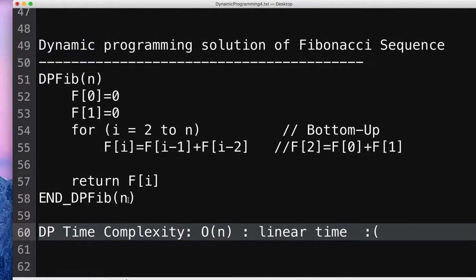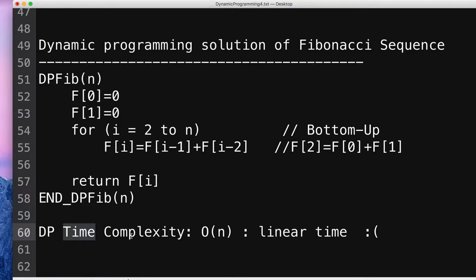So in this way, it is easy to see the dynamic programming time complexity is linear time, O(n),